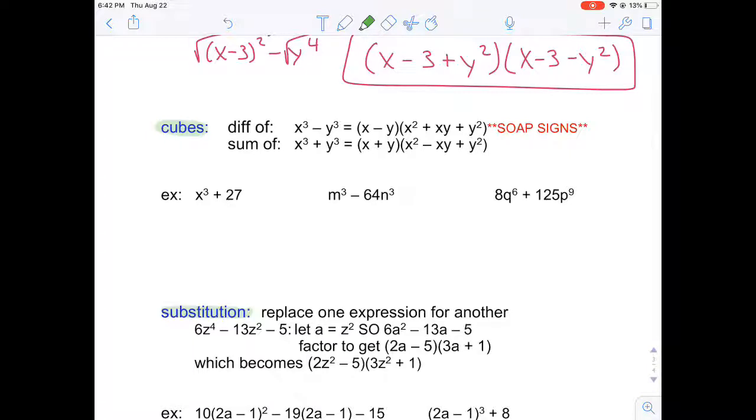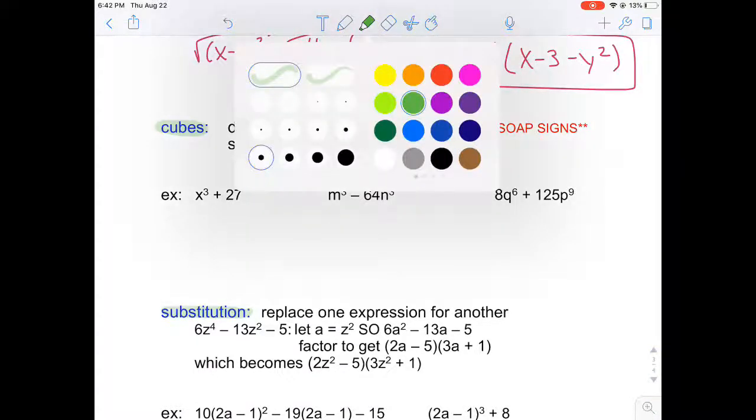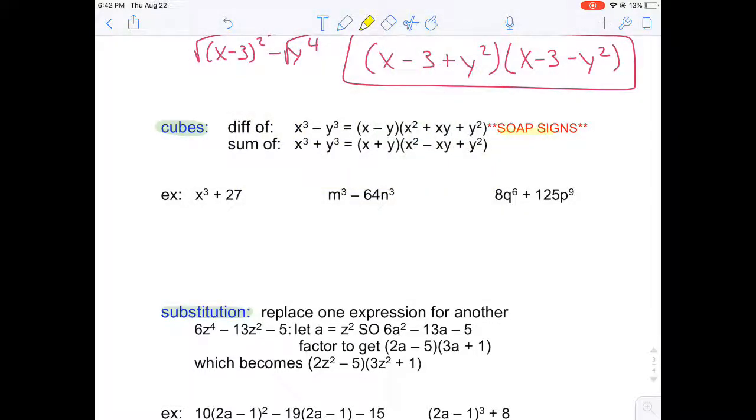Okay, so there's two different types. You can have difference of, which you'll notice is a cube root minus a cube root, or you can have sum of, which is a cube root plus a cube root. You notice over on the right side, we have a little saying that says SOAP signs. Okay, that just means that when we try to memorize these formulas on the right side, over here,